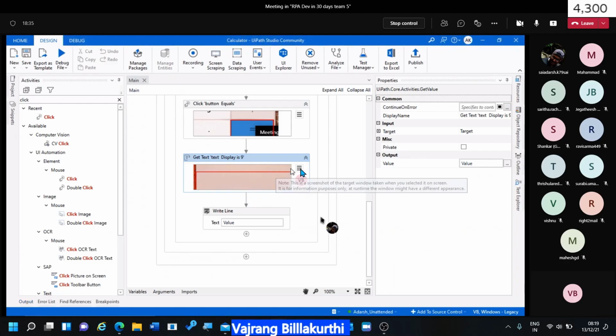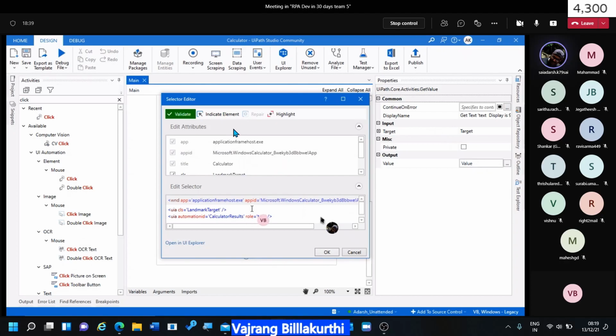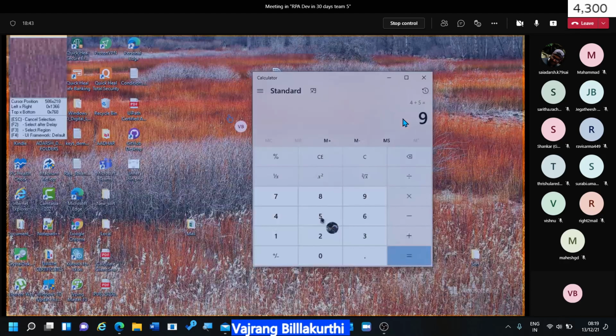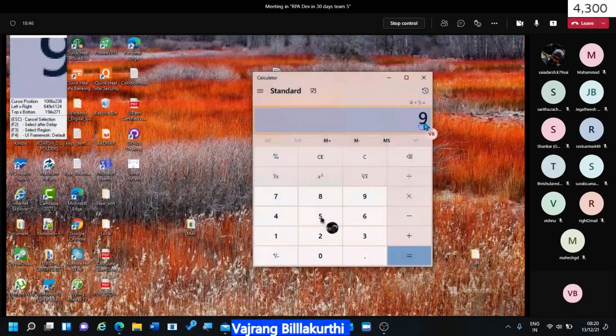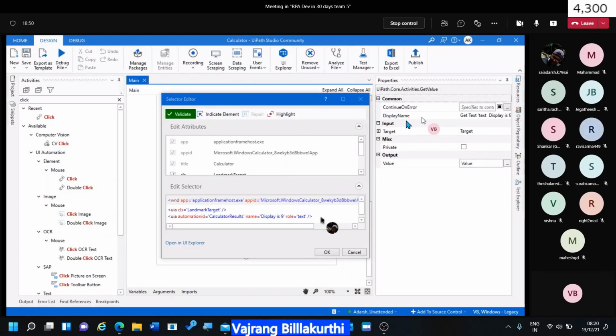Still not getting it. So let's go ahead and edit the text selector. Indicate element. Open new explorer.